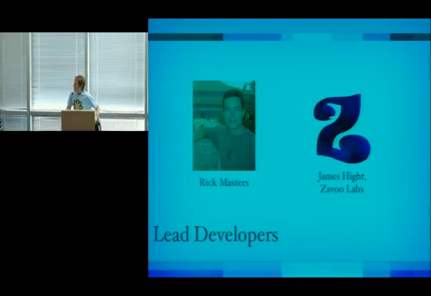Now, I want to mention I've done a fair bit of open source, and this has been a really exciting project. We've got more people outside of Google working on this than inside. We've got Rick Masters, who's actually here, one of the lead developers. He'll be coming up a little bit later in the presentation to show us some cool demos. We've got James Height, who's not a giant Z. I couldn't get a picture from him in time. And we've just got a whole host of folks in the community actively putting this through its paces.